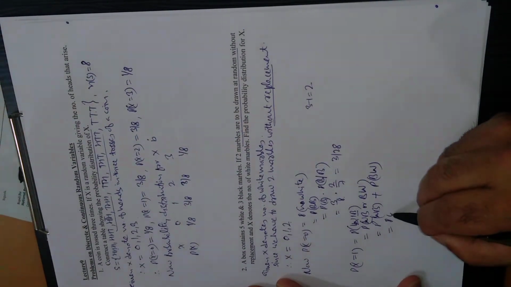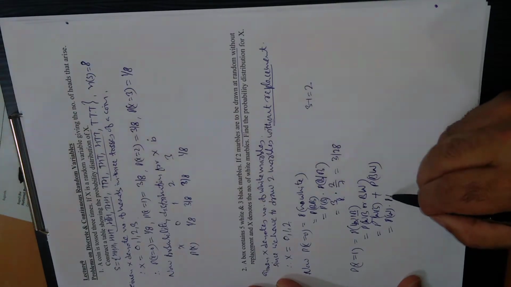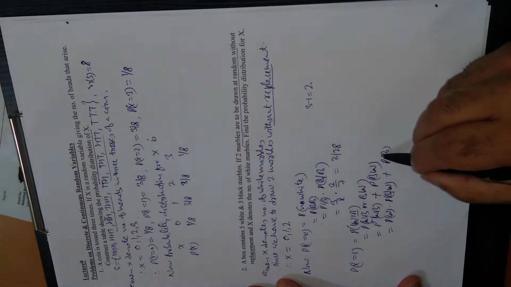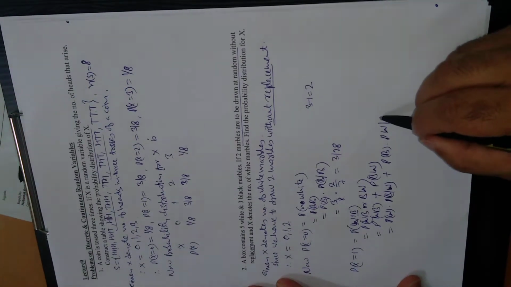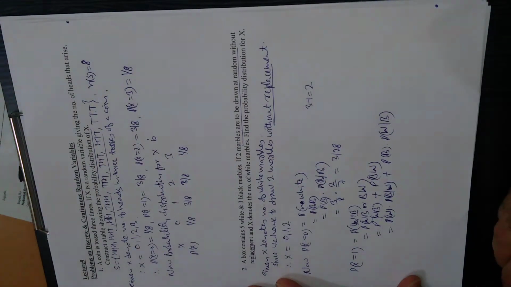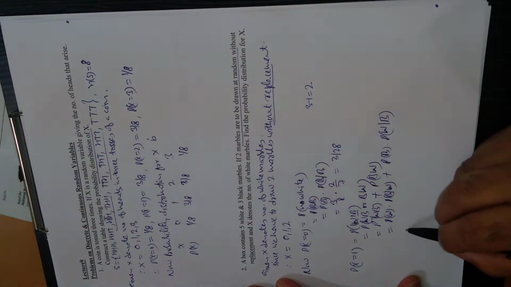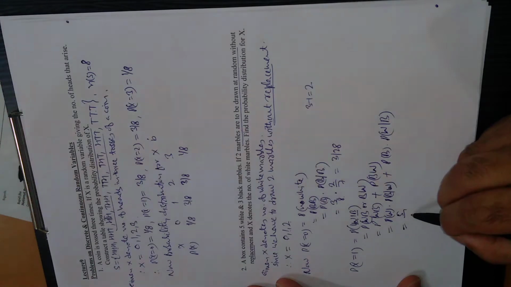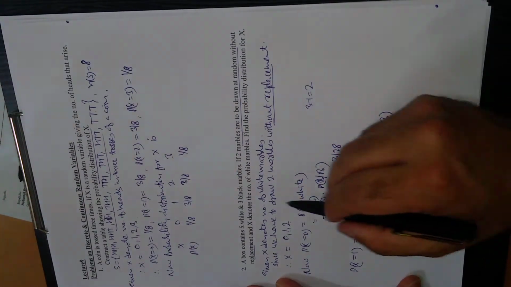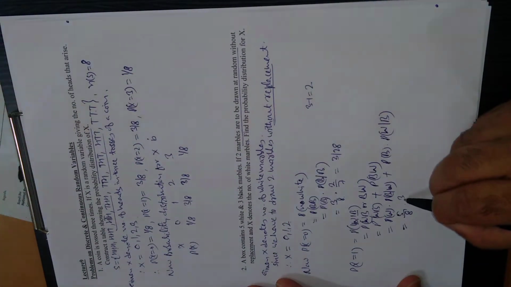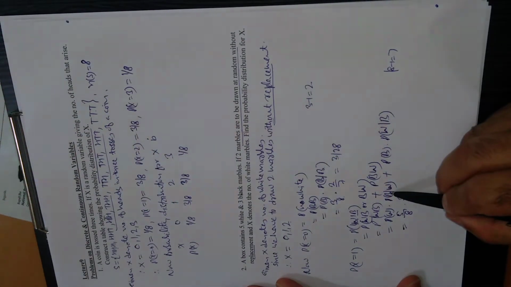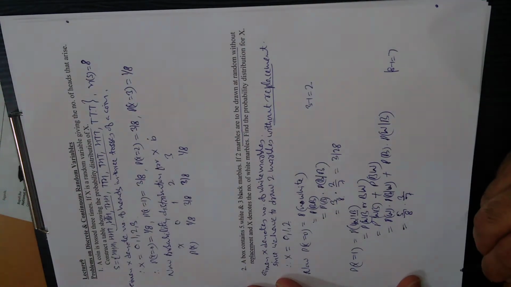Now find the probability of white into probability of black when white has already occurred, and probability of black into probability of white when black has already occurred. In both cases there will be conditional probability because there is no replacement. Probability of first white: favorable 5 and total 8. Probability of black: there are 3, favorable is 3, but the total decreases. Total is now 8 minus 1, 7, because the second time we are drawing black. So 3 by 7.